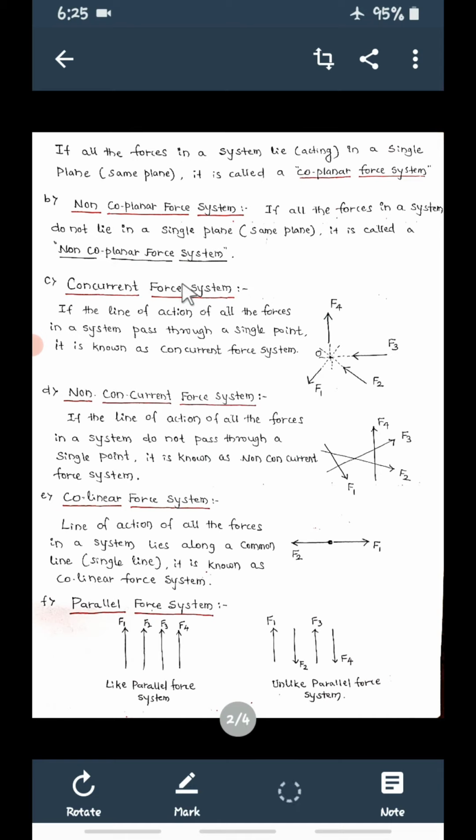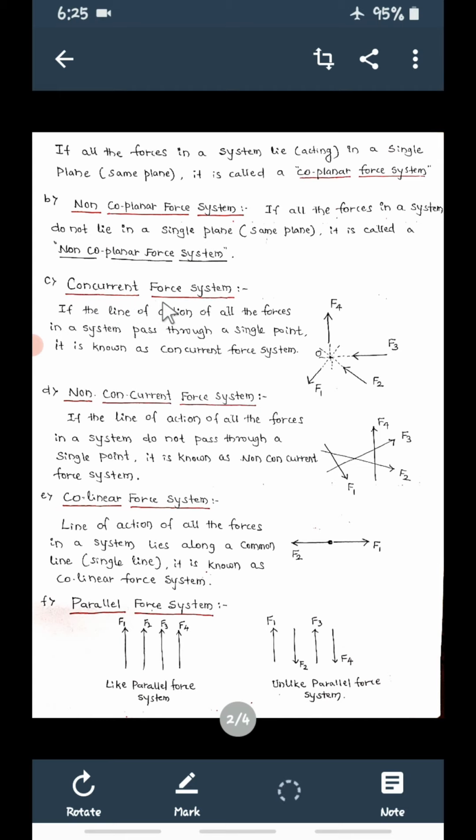So depending upon the number of forces in a system acting, if they are all acting on the same plane, then it is coplanar, right? If forces are acting in different planes, then it is a non-coplanar force system. Co means same plane. Okay, this is one classification. Next is